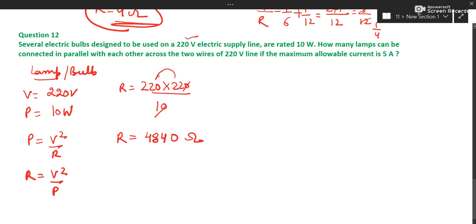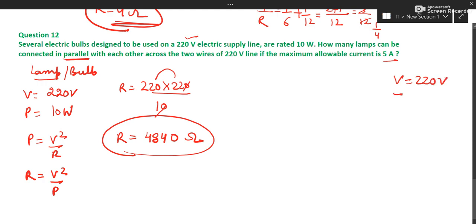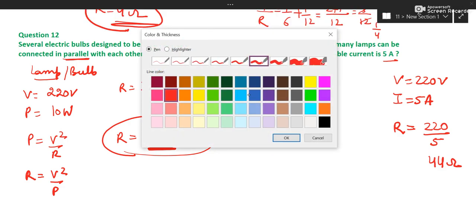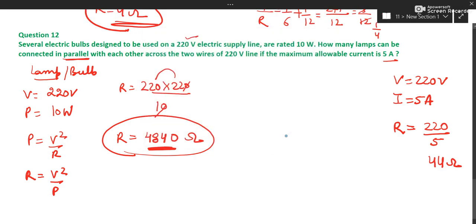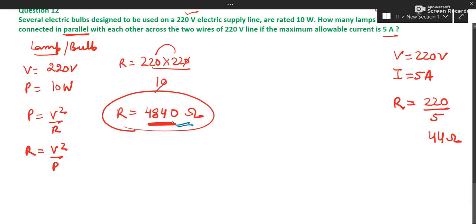Okay. So now how many of these are required in parallel? So we have done like that. This is V and this is I. So you can again find out V is given as 220 volt for the required thing and maximum current allowed is 5 ampere. So you can find out one resistance from here which will be your R net, V by I. So it is 44 ohm. So how many of this must be connected in parallel? This is a question identical to that previous question in which 176 was the value. Okay, we can do it like this.